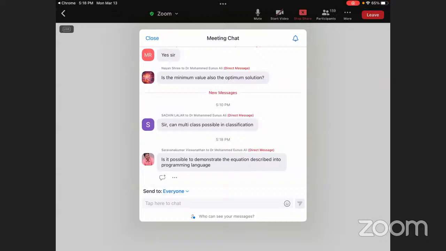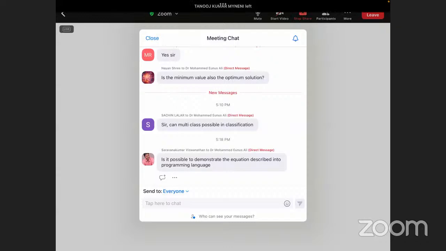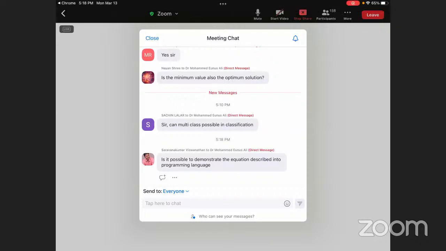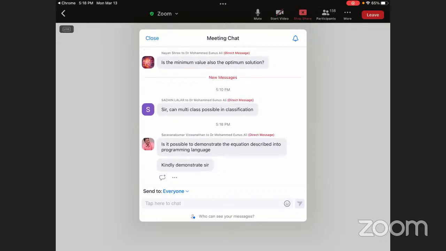I think the programming language, yes. Programming language, I think the next lab class will cover that one. And now it's easy. You can just ask ChatGPT to generate the formulation for this logistic regression in any language. I have to cover other things, so I will not cover anything now using any programming language. I think the next session will cover using Python.